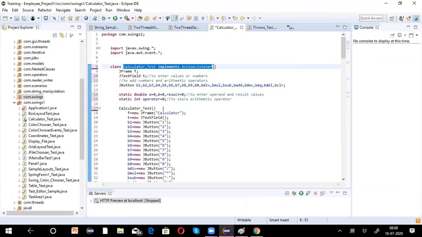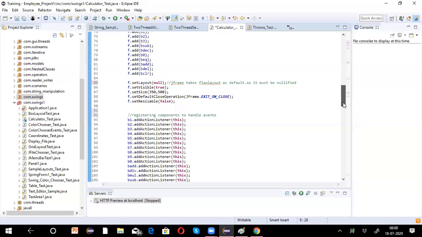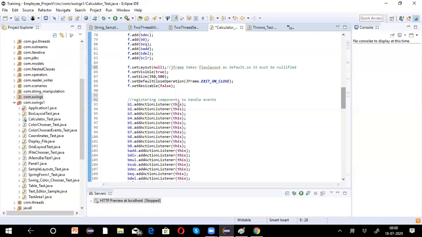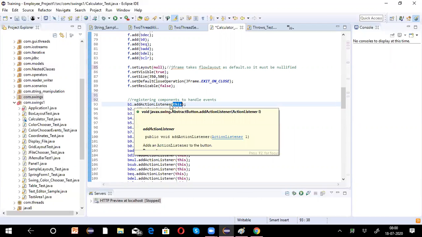Now it is CalculatorTest's responsibility to handle the events. In what way will it show its responsibility? By giving the objects. So this class object should be responsible for handling the event. That is the reason why we have to pass b1.addActionListener(this).